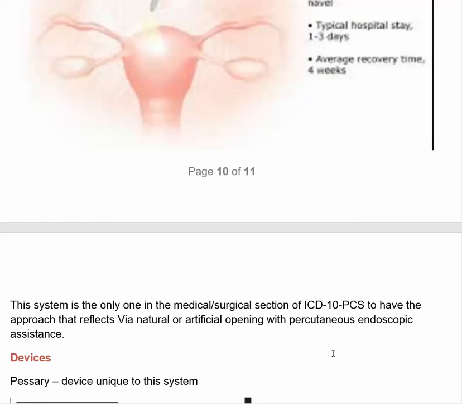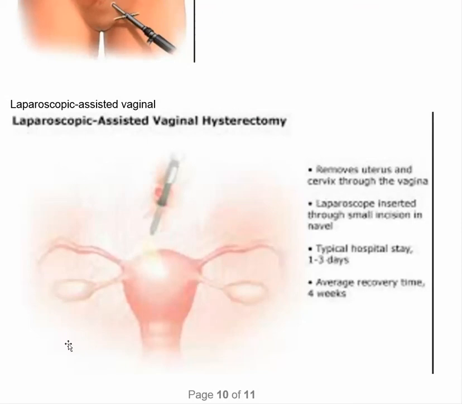And they also have this idea of endoscopic assist. This is what this is here, and this is the only body system that has this body part surgical approach value. And that's typically done for the hysterectomy. So just note that they're removing the cervix and the uterus through the vagina. Then they're going to make some small incisions, which are percutaneous, and they're going to use the laparoscope